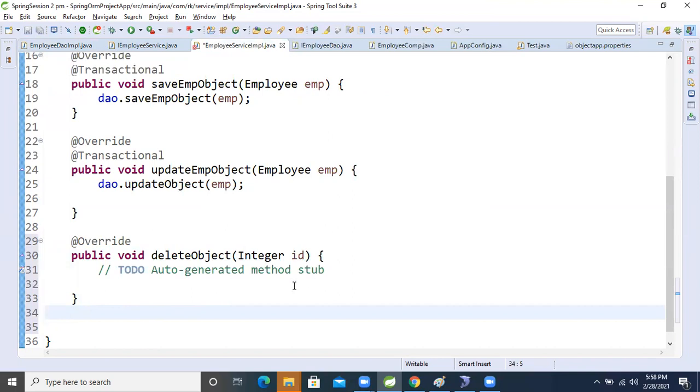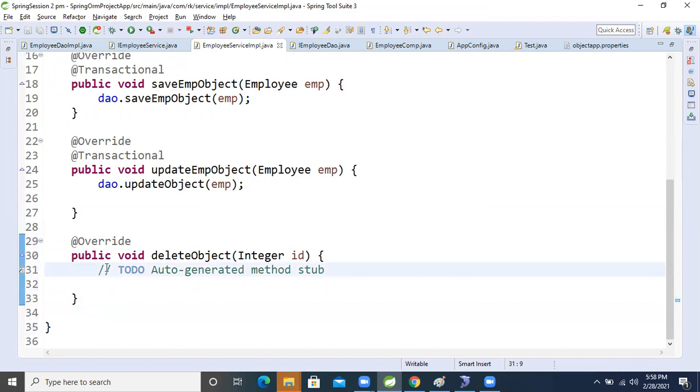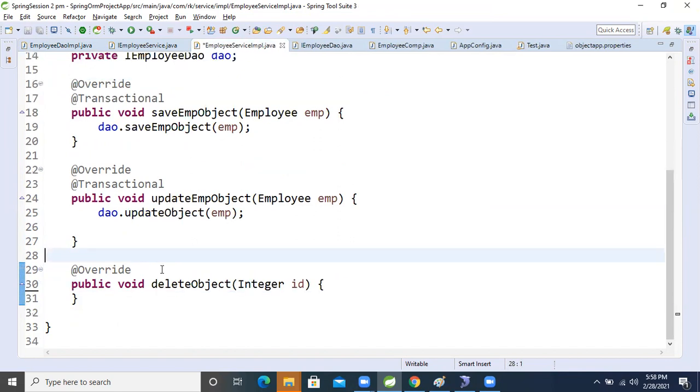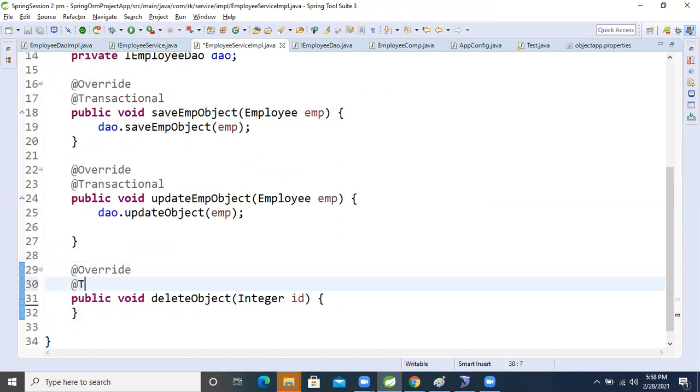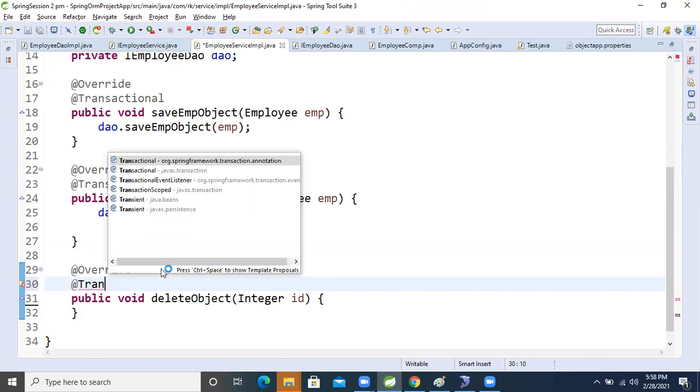I overrode that method. Okay, but still this one also is a non-select operation, right? This one also is a non-select operation. So for that, what annotation we will apply on the top of this method? Transactional. Fine.